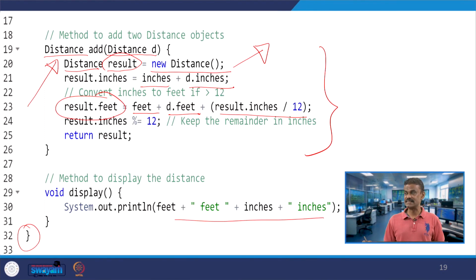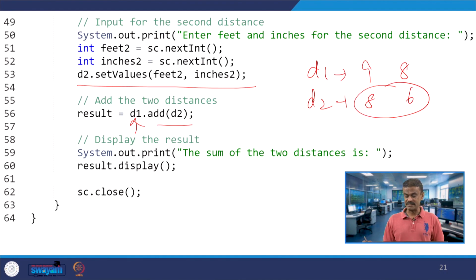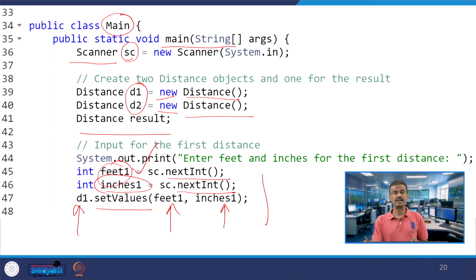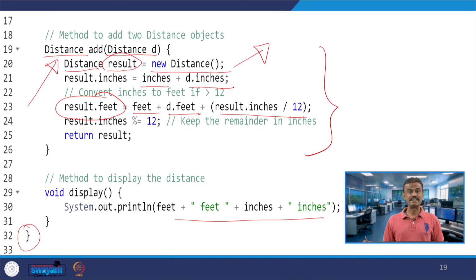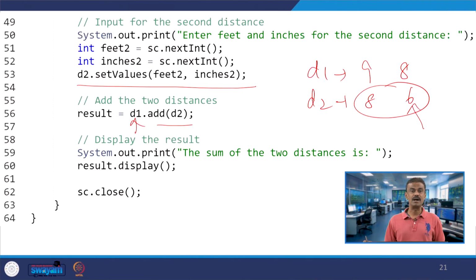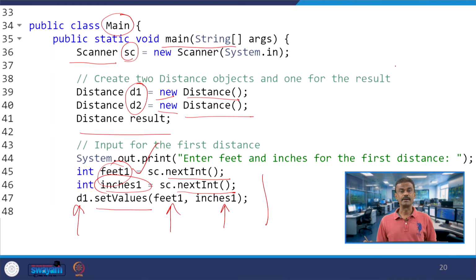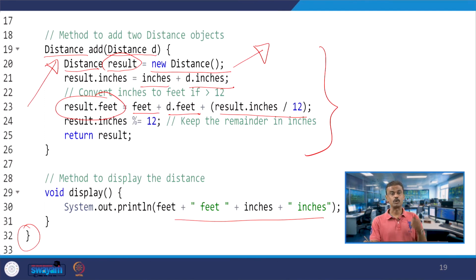So, what is d.inches? It is 6. So d.inches will be added with inches. What is that inches? That is the value of the object D1 invoking add, so inches in the member function, or method, at line number 21 is 8.